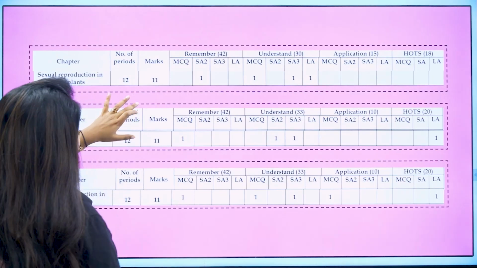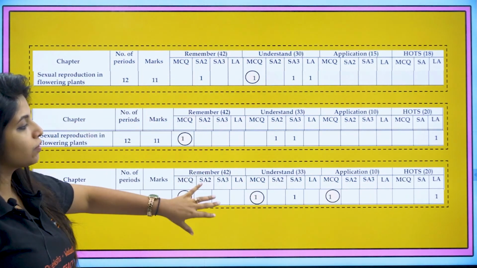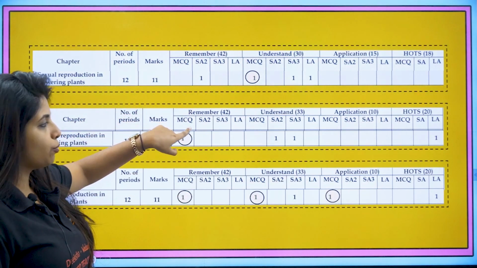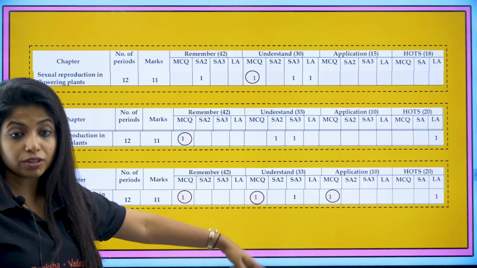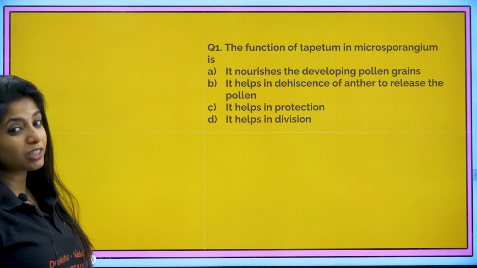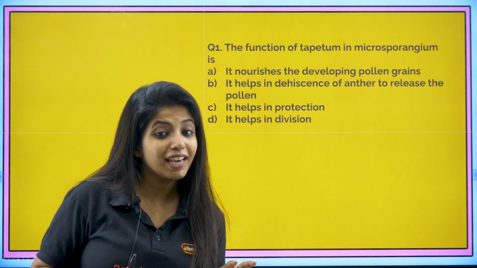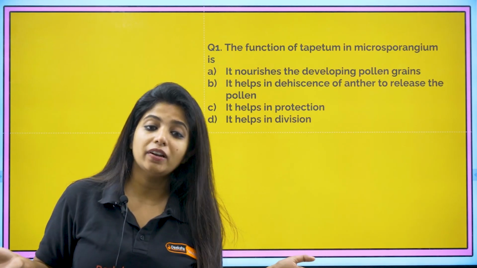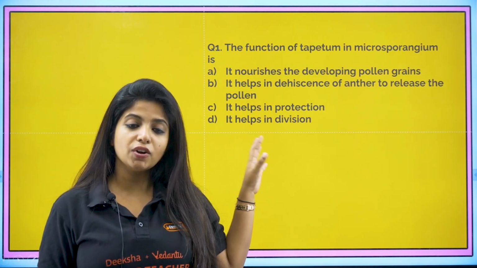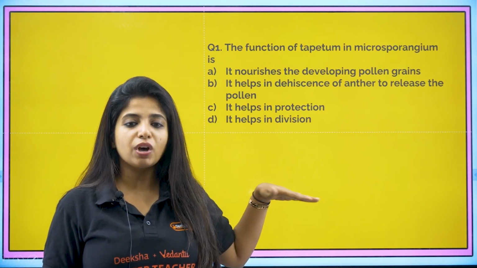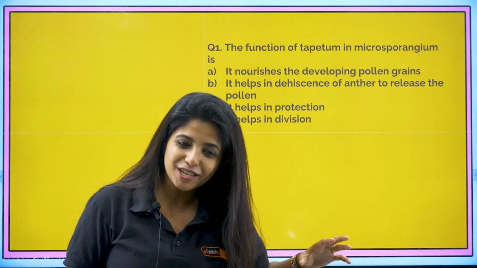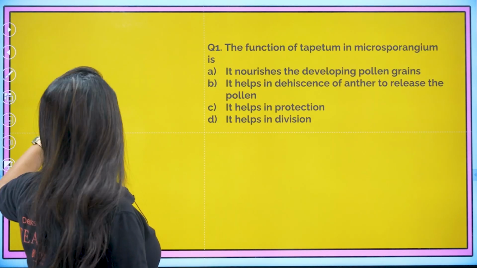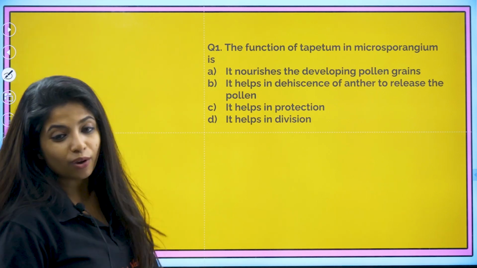Let's get into it. My dear children, according to 3 blueprints of the previous year, we see 1 MCQ question is definitely coming, and according to the 3rd blueprint, 3 MCQ questions have come from this particular chapter. So basically we have to be a bit prepared about the MCQ portions. But the good part of the story is that you're not going to get any MCQs out of the concepts that I'm going to tell you over here. So please make sure you're paying attention to all the small details and you are doing these questions with me.